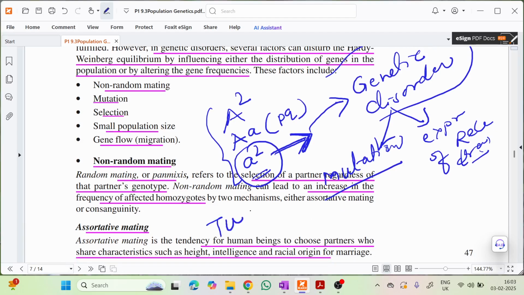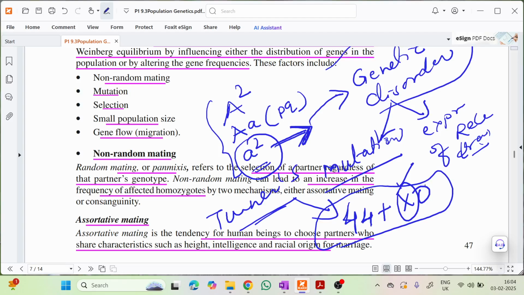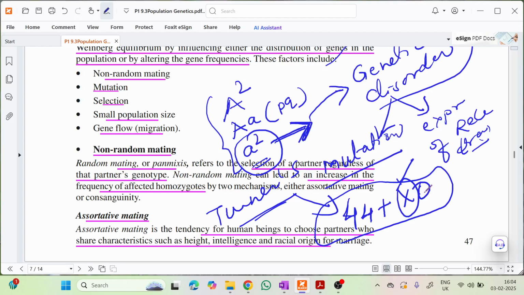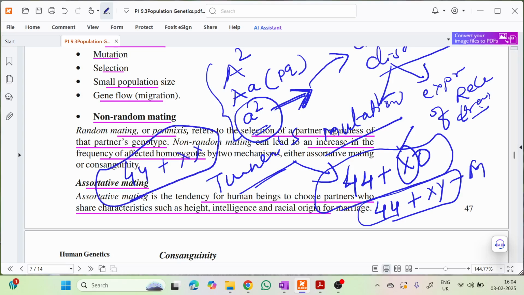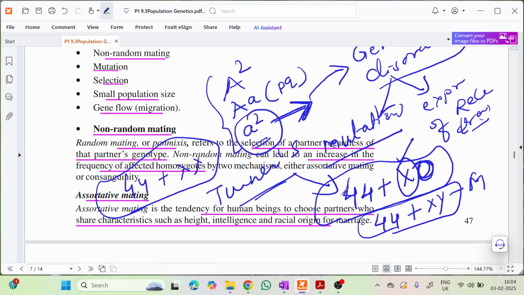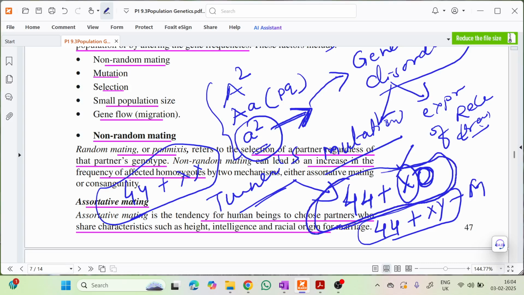Let's take the example of Turner syndrome. This is a syndrome in which the genetic makeup of the offspring is expressed in this form: 44 plus X, followed by a void. Usually in the male case you have seen this expression for males, and for females it is 44 plus XX. So one X chromosome is always there, but in Turner's case the other chromosome is missing. And because of this, the genetic disorder occurred. Because of this, the gene frequency of the whole population will be disturbed.